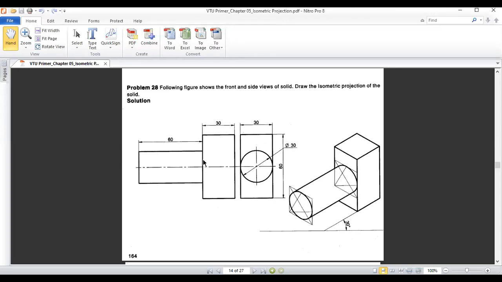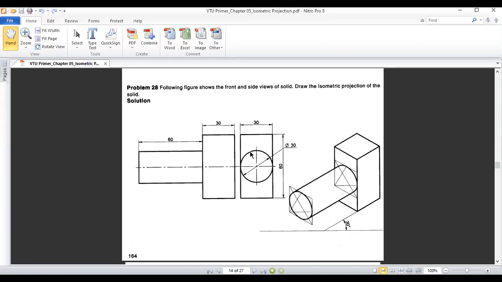Then if you look at the side view here, from the center, one rectangular thing is extruded, but we don't know whether it is a rectangular or circular cross section. But in the front view, it is shown as a circular cross section. So if you extend these lines to this particular circle, then this is the diameter shown here.